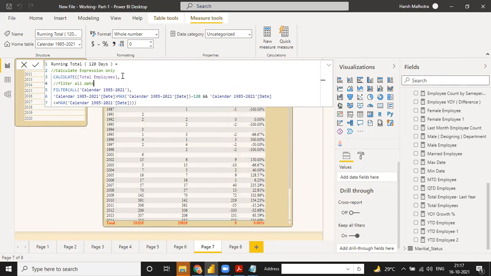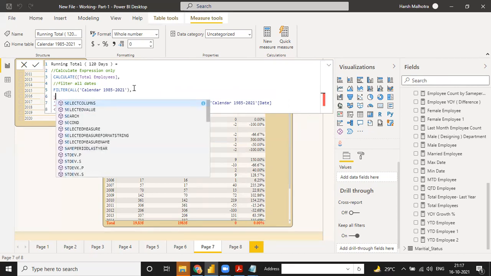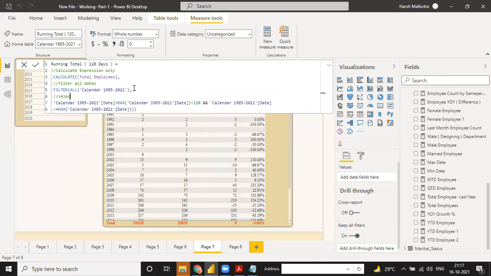Just a simple thing: filter all dates, and then select the 120 days. Suppose your dates start from 1/1/2020, you do not select a date, you can just select the 120 days, 1/1 to 120 days.